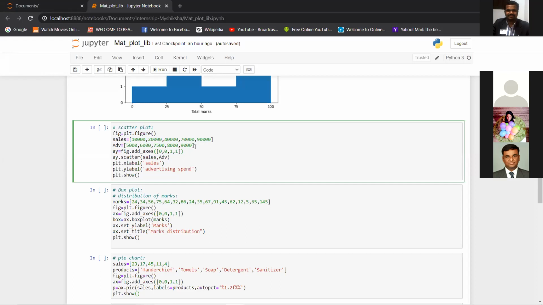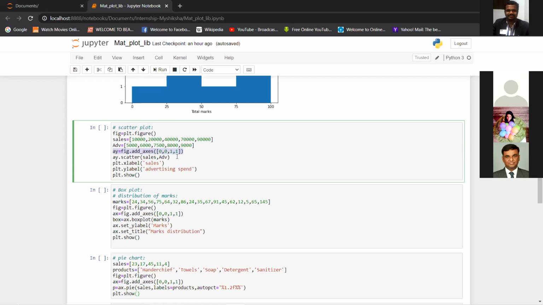Like you see here, sales and advertisement are positively correlated. So there should be some kind of correlation between the data, and it should be linear in nature when you go for a linear regression model.